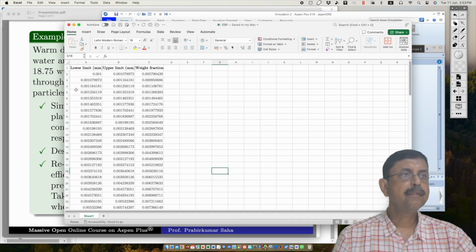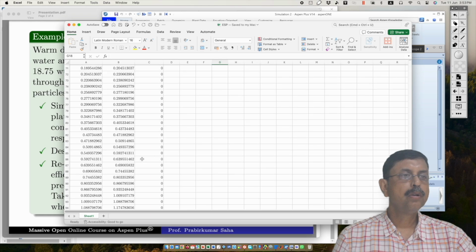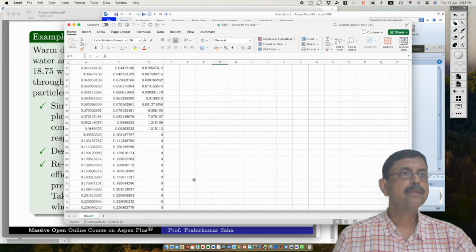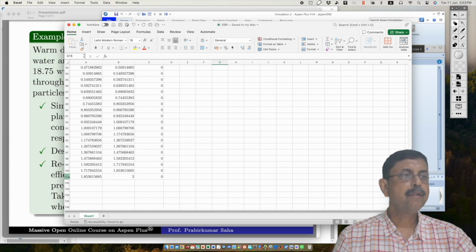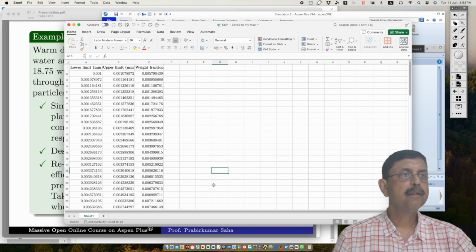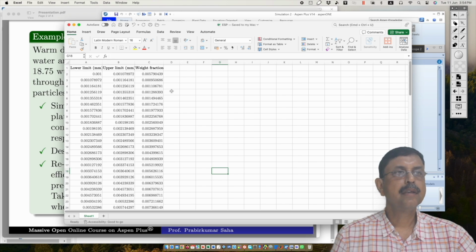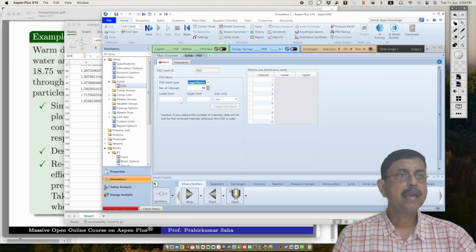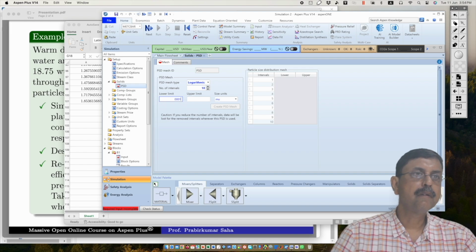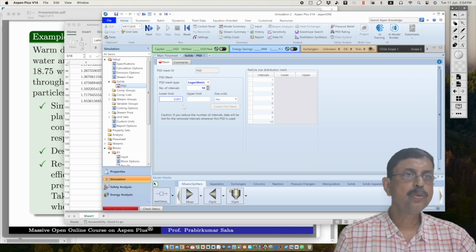So limits is very easy. It is 0.001 to 2. But how many intervals are there? It is 101 minus 1, right? So 100 intervals between 0.001 to 2. Right. So we will keep it as 0.001 to 2,